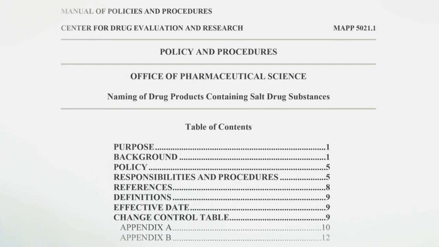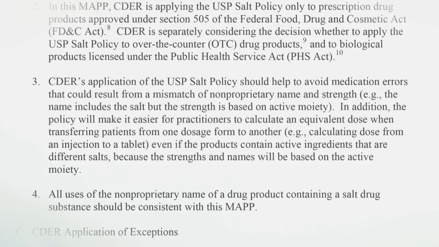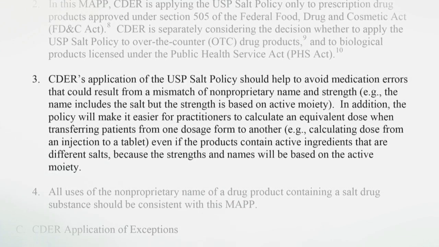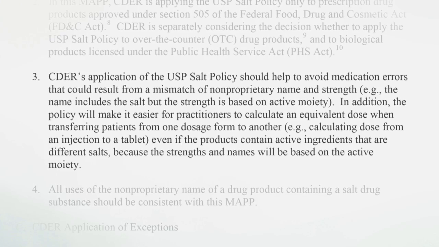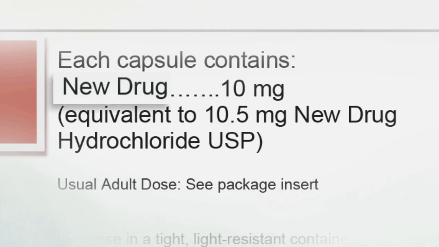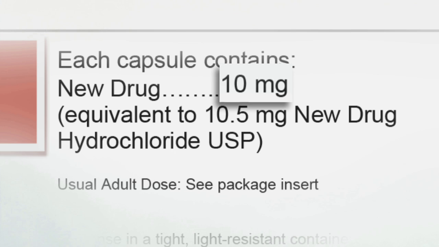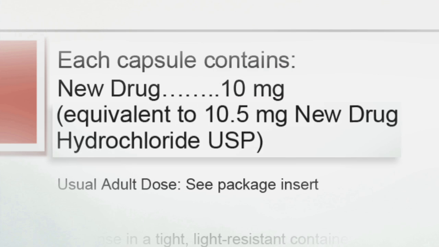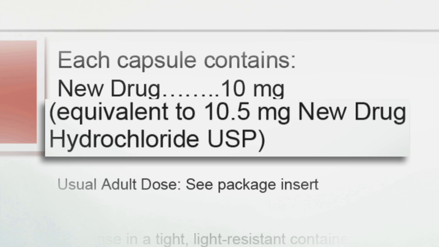Will you describe why? CDER's application of the USP SALT policy should help to avoid medication errors that could result from a mismatch of non-proprietary name and strength. There have been reports of confusion and medication errors as a result of not understanding that the strength was in terms of the active moiety, and incorrect doses have been administered. Requiring the name and strength to match on the label and including an equivalency statement will help to reduce such